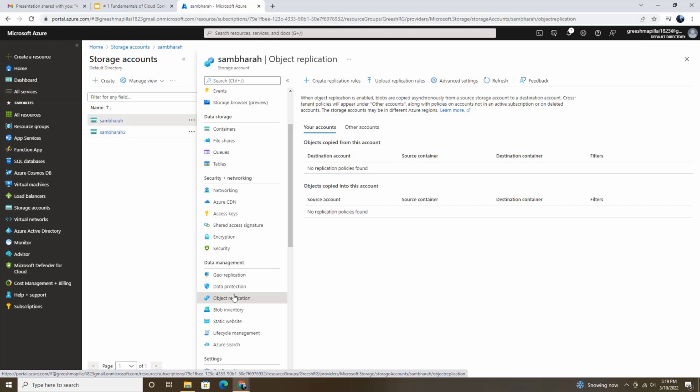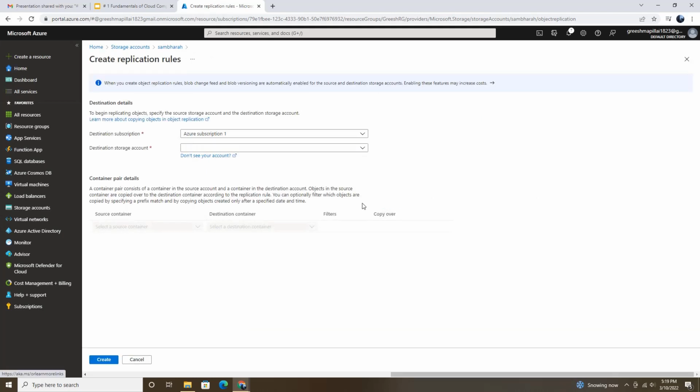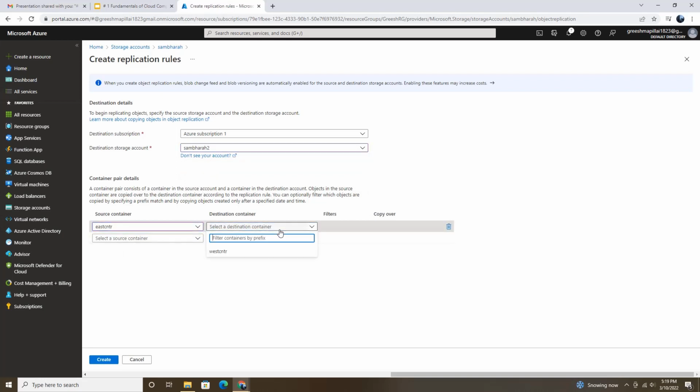Here Sambhara is my source account, and Sambhara 2 will be my destination account. So I chose Sambhara, and then I went to this object replication, and here I need to use this icon, create replication rules. The destination storage account will be Sambhara 2, the source container will be East container, and the destination container will be